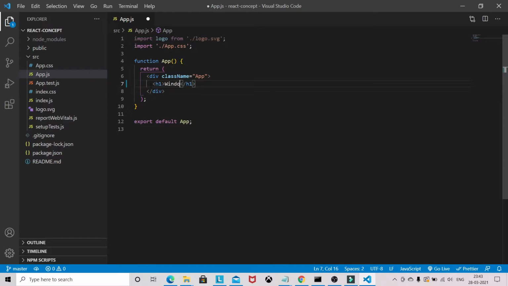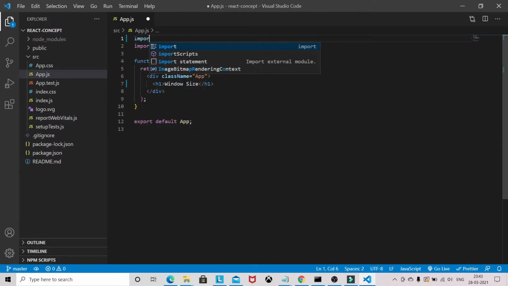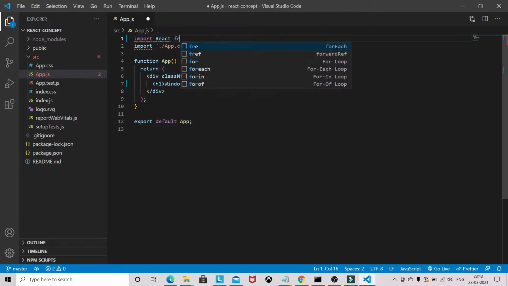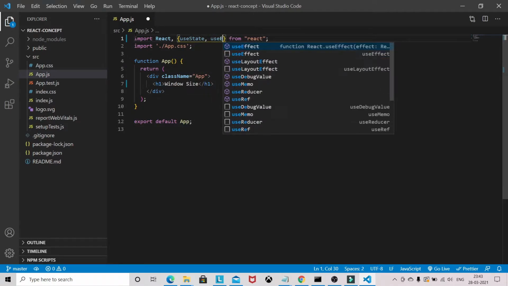Let's see. We don't need this logo, and we need to import React from React, and we need two things: useState and useEffect.